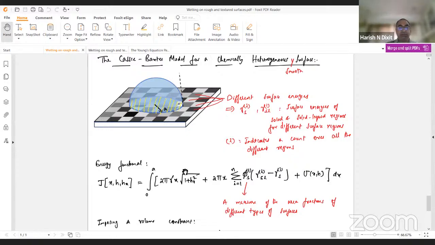So the idea essentially is how do we reconcile the fact that surfaces can have chemical heterogeneity, and yet an effective angle emerges for such a surface. In reality, of course, just like the roughness case, the size of these little checkerboard squares has to be really small compared to the size of the droplet, depicted by an effective radius A. Radius R or radius A, whichever radius you can think about. This is only an effective angle.